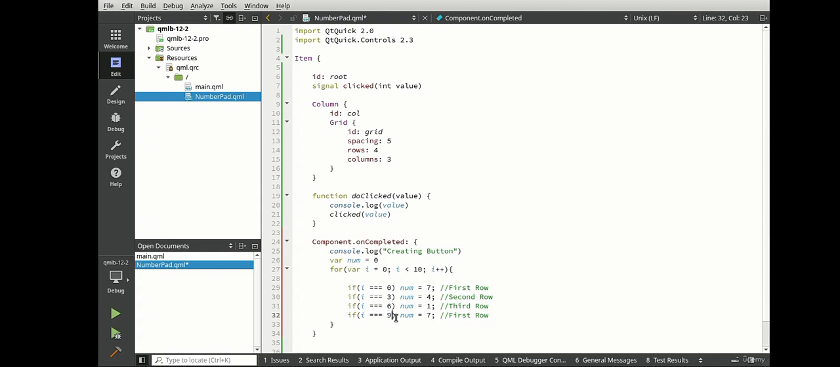If the number is 9, which is pretty much going to be the last number in there, then we're going to say the actual number is 0, and that is the bottom row. So now that we've done a bit of translating, this is where the really crazy part comes in. So we're going to dynamically generate this button. We're going to say var btn equal